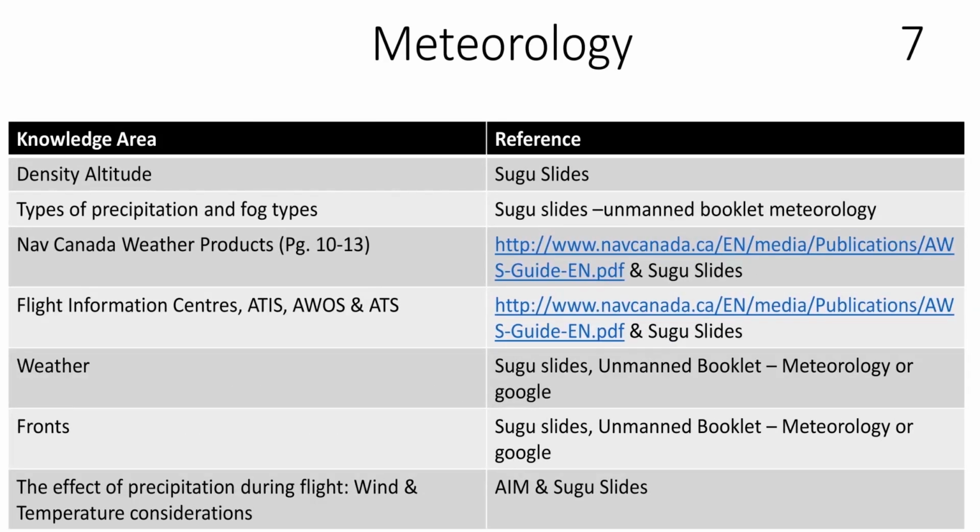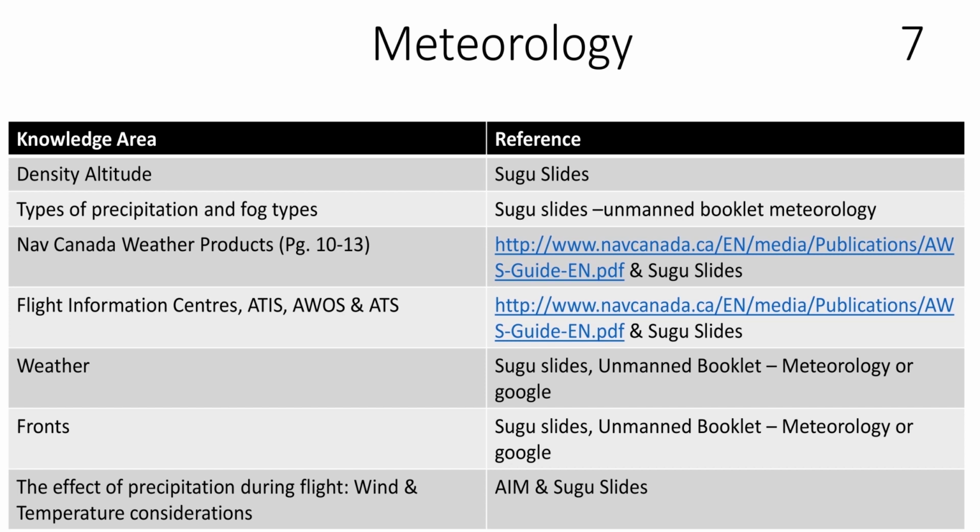The next learning area to review is meteorology. There are 7 questions on the exam. Areas to review include density altitude, types of precipitation and fog types, NAV Canada weather products, flight information centers, ATIS, AWOS, and air traffic services. Lastly, a focus should be placed on weather, fronts, the effect of precipitation during flight, as well as wind and